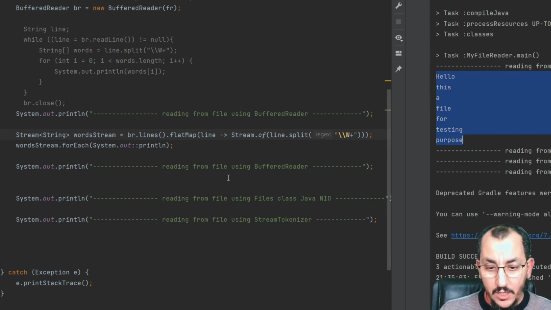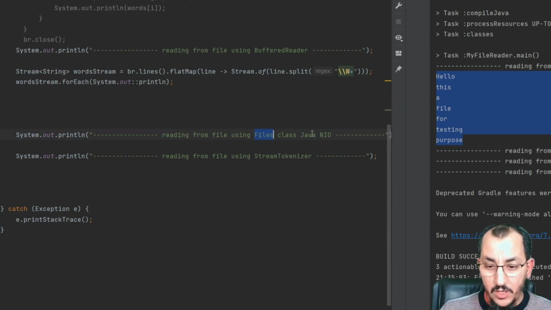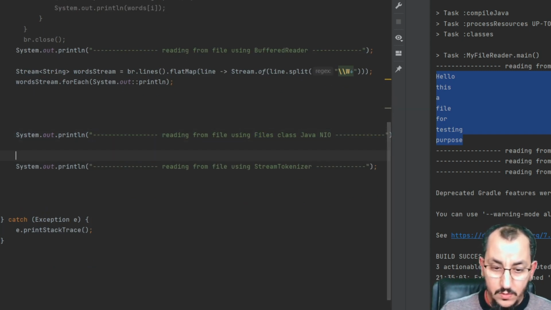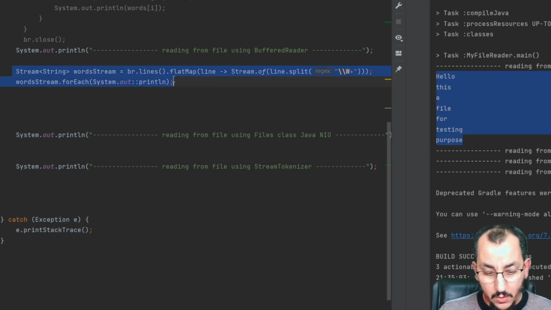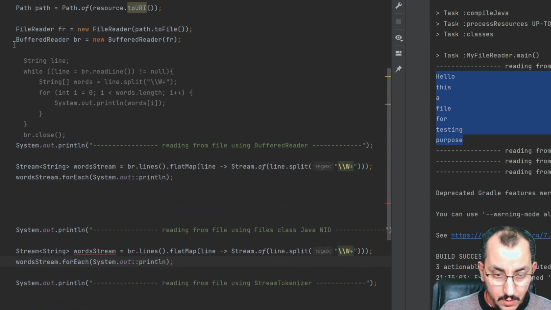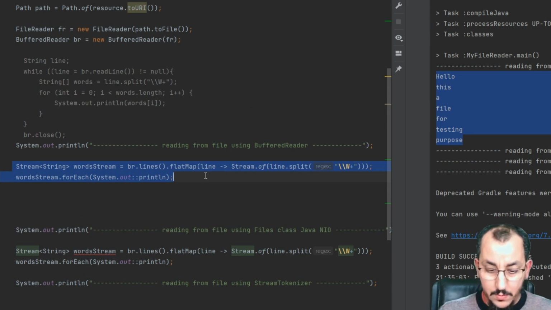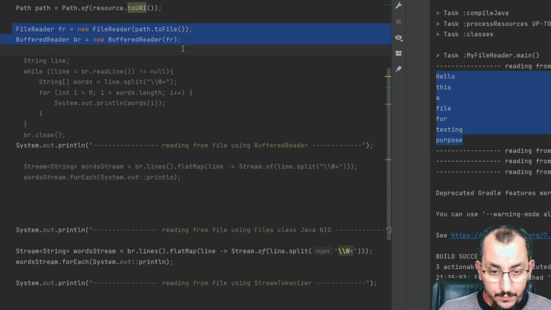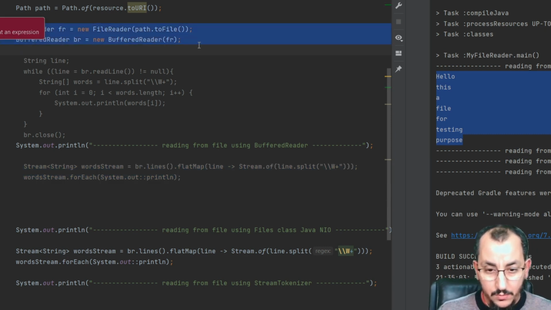Now let's do the same thing using Files, the class Files from the java.nio package. In order to do this we can accomplish it using only 2 lines of code. We can almost copy the same thing here, but instead of using the reader, let's define this. Let's comment everything here. But instead of using the reader now,